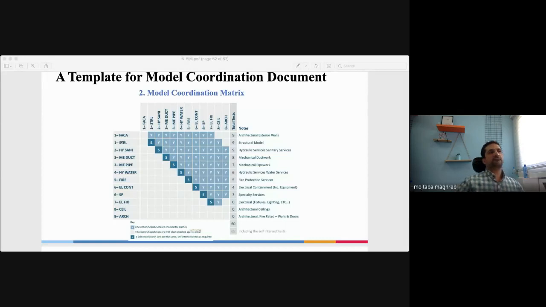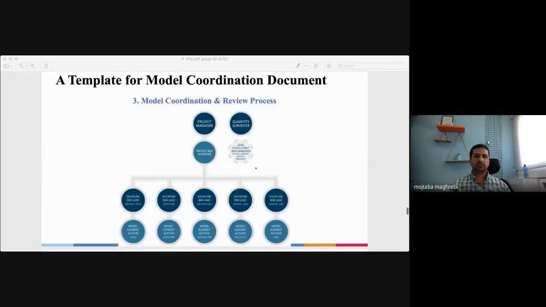And when you have these types of documents and drafts, it would greatly reduce the clashes that you have during the processes.